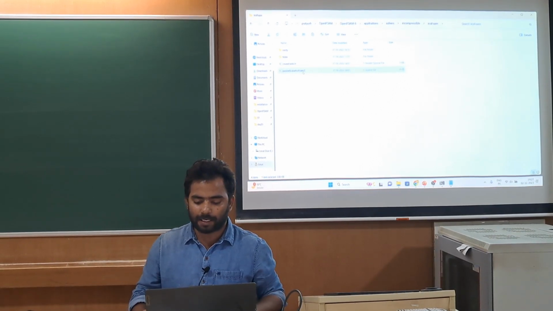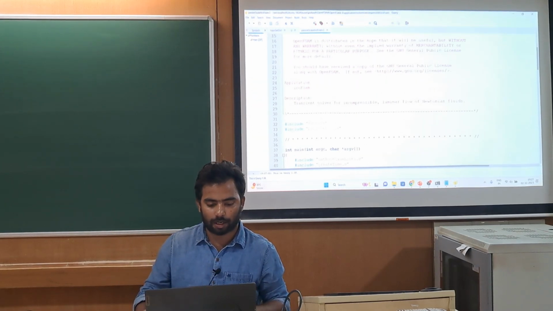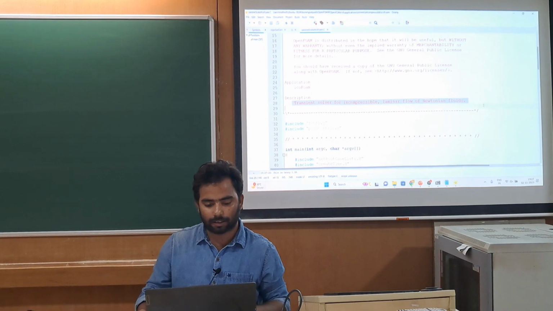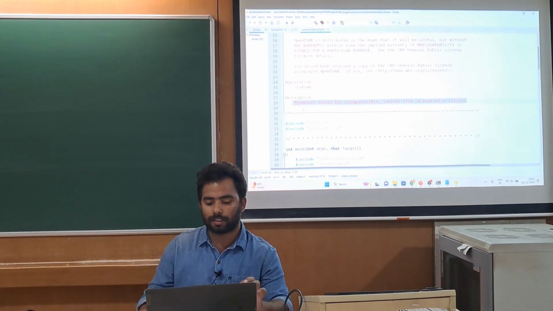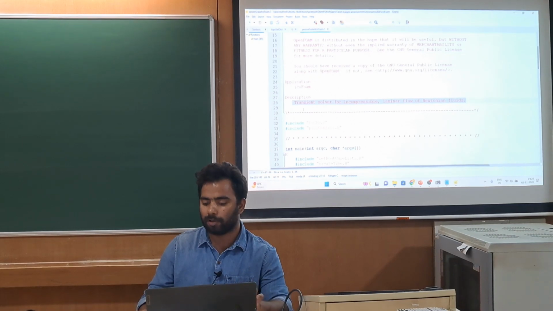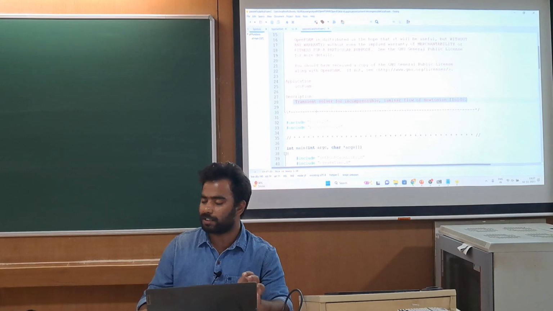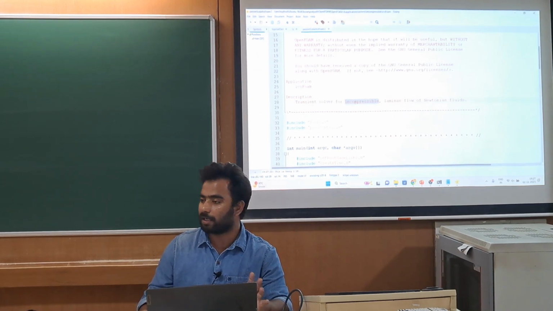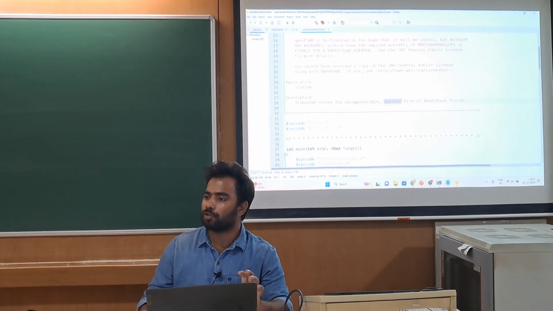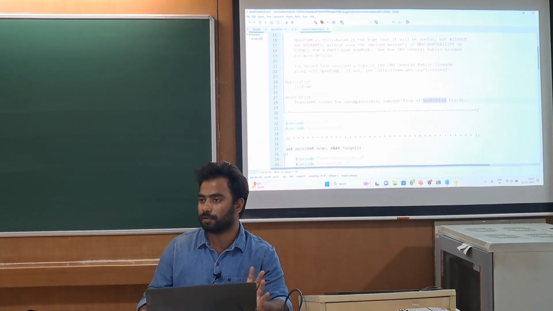So when you open this .c folder, you can find the description about the solver. You can read that it is a transient solver for the incompressible laminar flow of the Newtonian fluids. So it can solve the transient type of problem, and the flow should be incompressible. It can only solve the laminar flow. For turbulent, you cannot use icoFoam, and it is for Newtonian fluids.